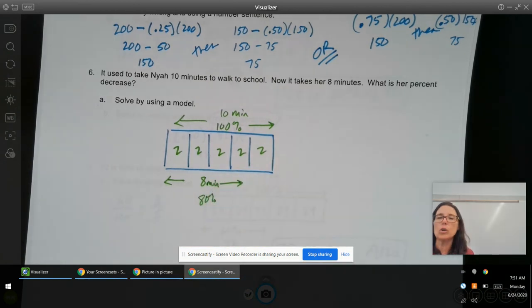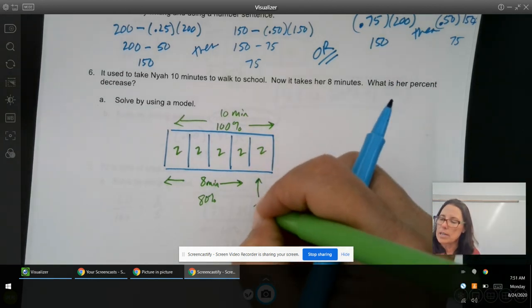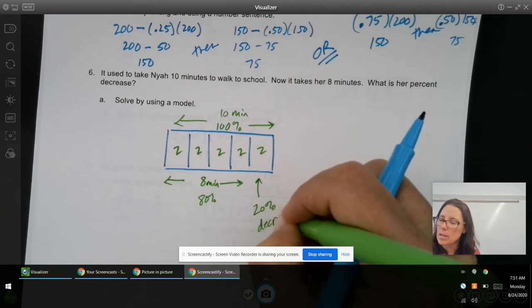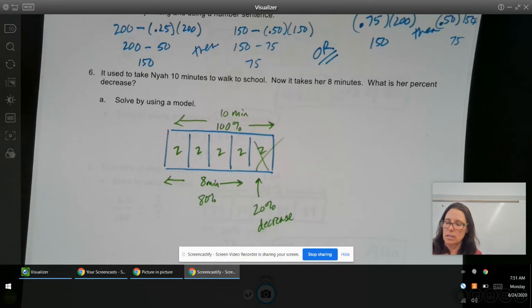Okay, now let's answer the question. It says, what is her percent decrease? Well, do you see that that is a remaining 20% decrease? So that was chucked off. The percent decrease